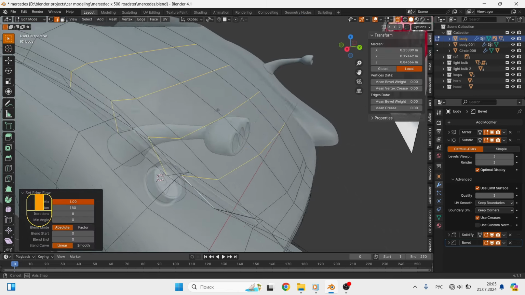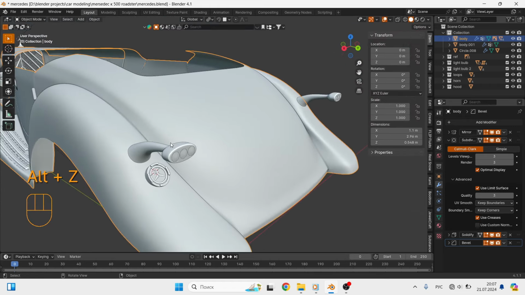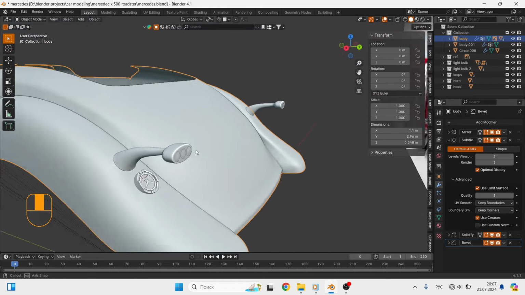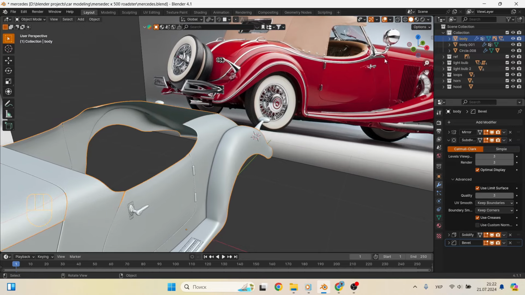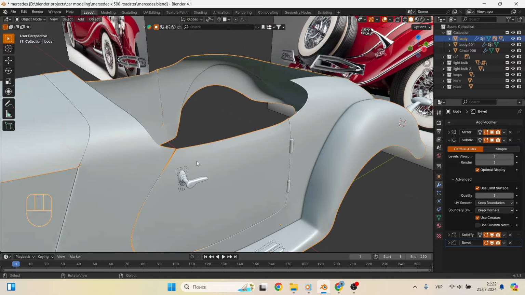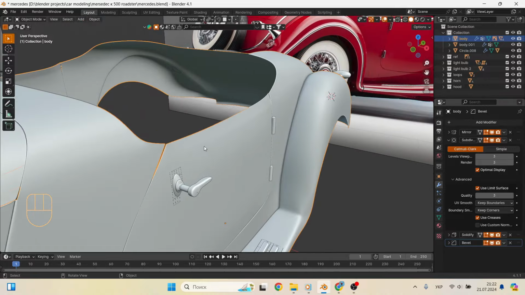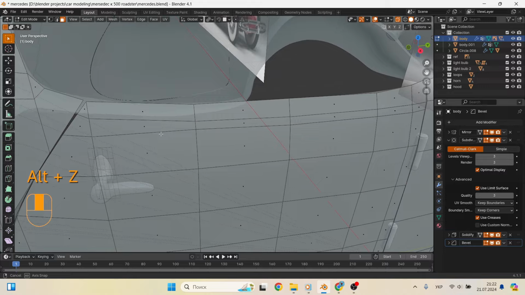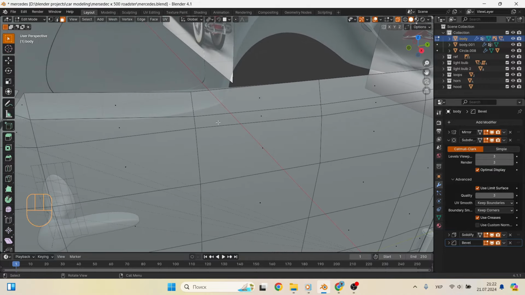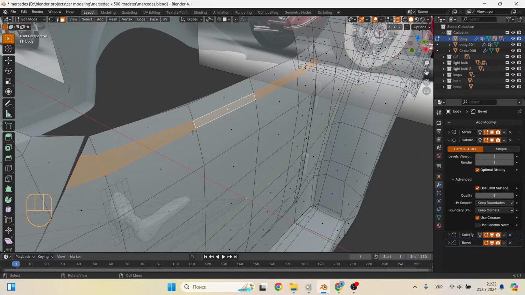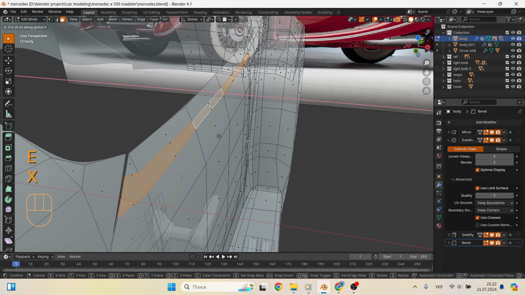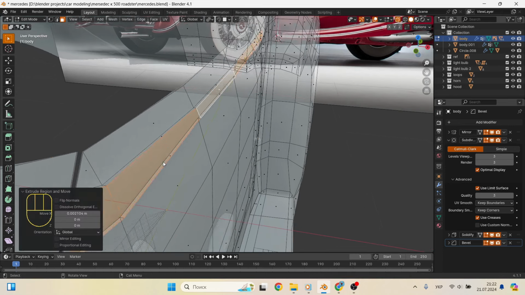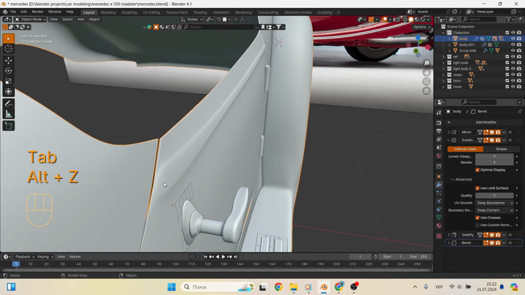And so we move on to a rather difficult moment, to the creation of side moldings. The difficulty is that, they not only go through half the car, but also pass into the windshield and headlights. So you'll have to make some effort. I took aim a little and it seemed to me that starting from the middle would be just right. For this, I used the edges that I already had and had to add an additional one. This gave me the opportunity to select the faces that need to be extruded along the x-axis.